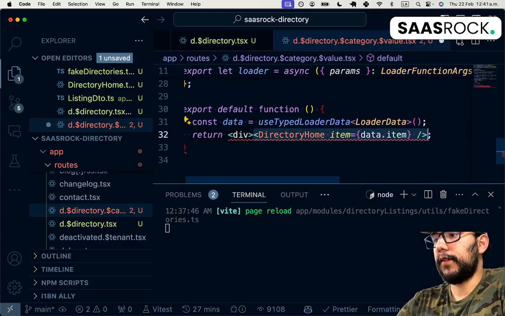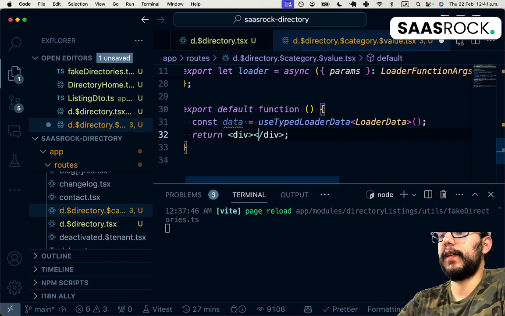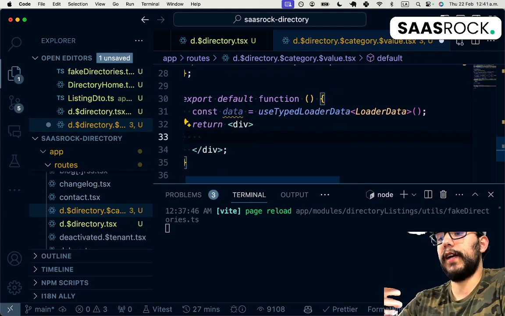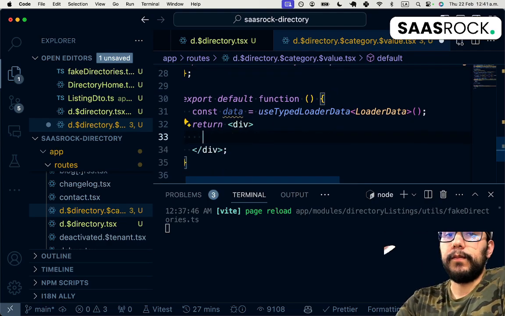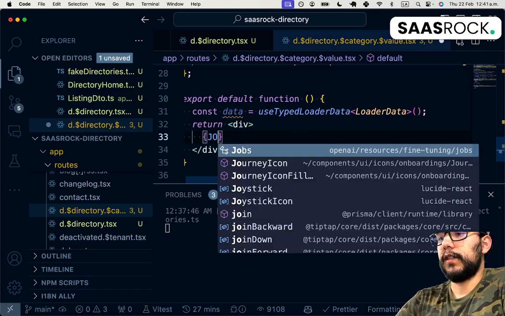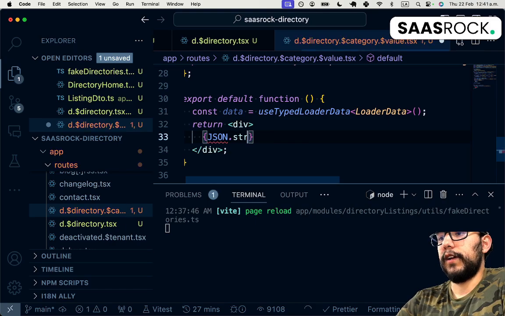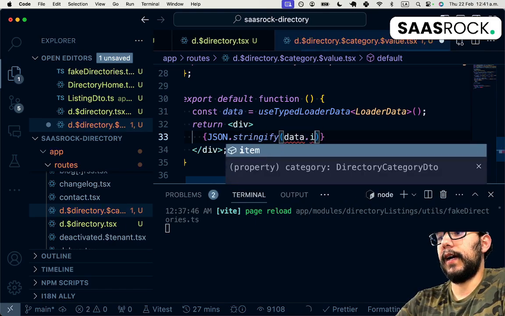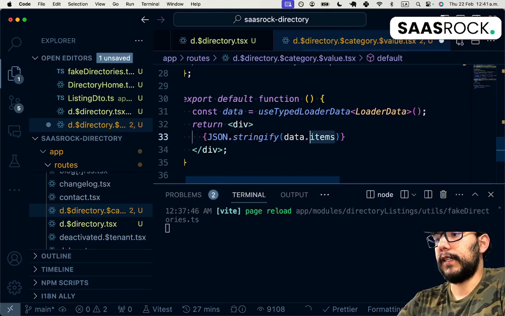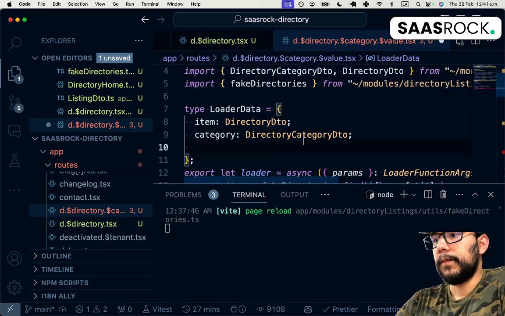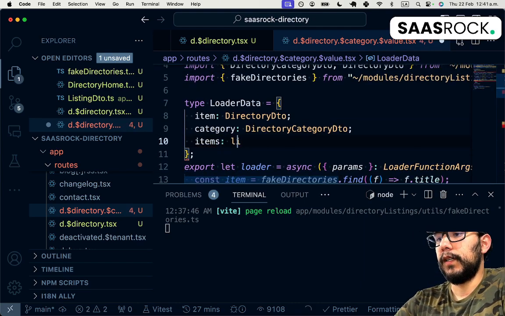Well, instead of having the directory home, there could be a category home with a custom background image for that category. I'm just going to put in JSON.stringify the data items, listing DTO,